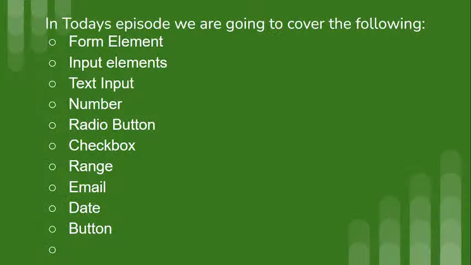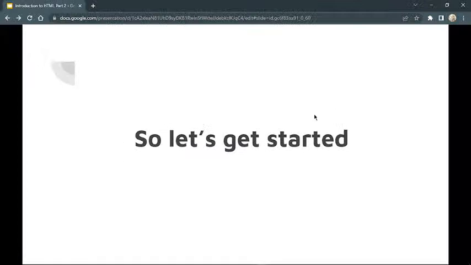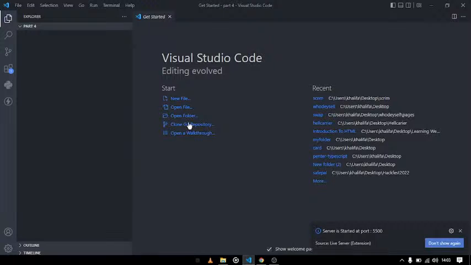For example, we have the form element, which contains other input elements, and then we have the input element, whose types are text, number, radio button, checkbox, range, email, date, and button. So let's get started. Now, the next thing to do is to open your favorite code editor, which we are